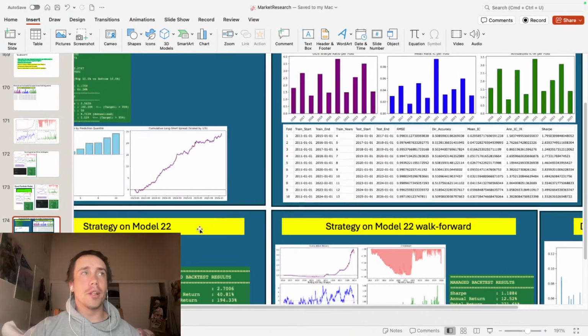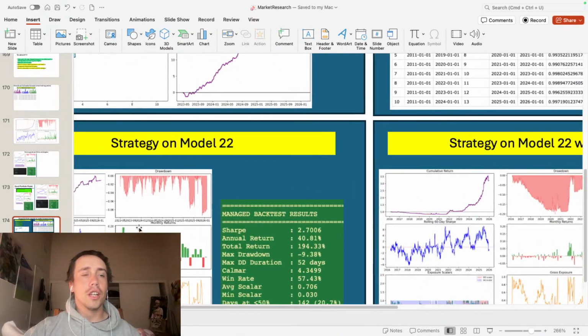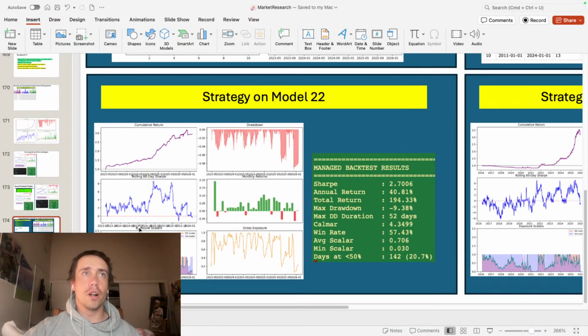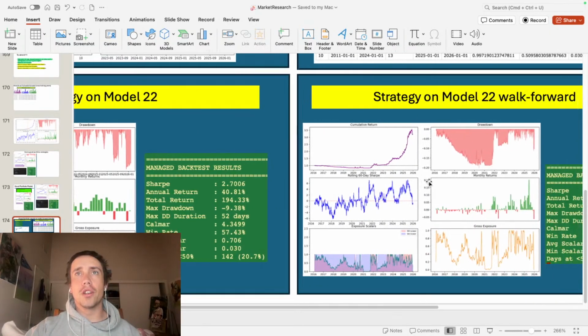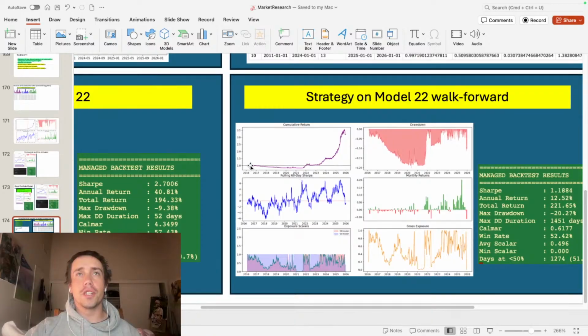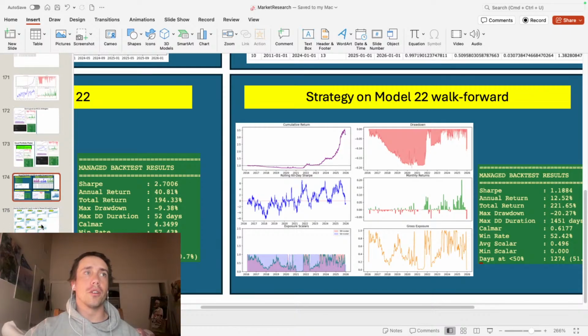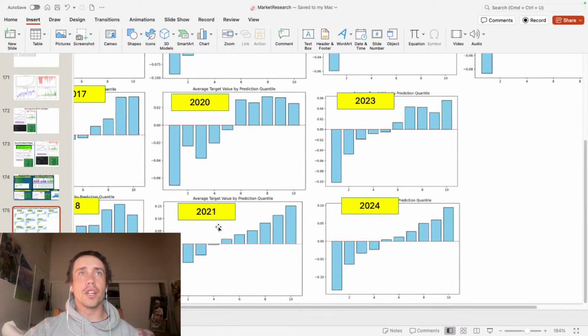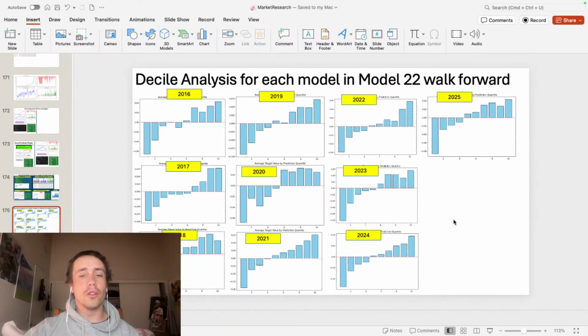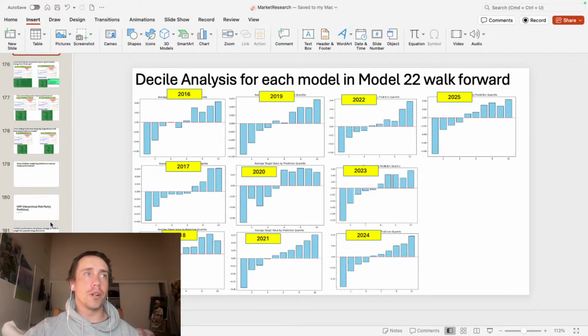Finally, I tried implementing a portfolio strategy on this. Basically, anything I tried did well on the single model trained from 2023. But when I tried going from 2016 through 2026, it failed from 2016 through 2022 and only did really well after the midpoint in 23, just like the previous model. So I looked into this. If you look at the decile analysis for each model in the walk forward, it's not perfectly monotonic each year, and the spread changes a bit.